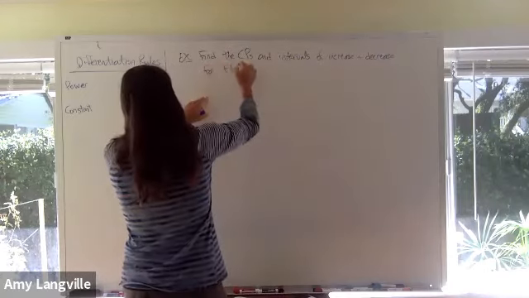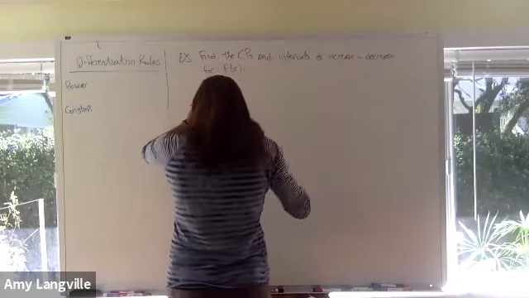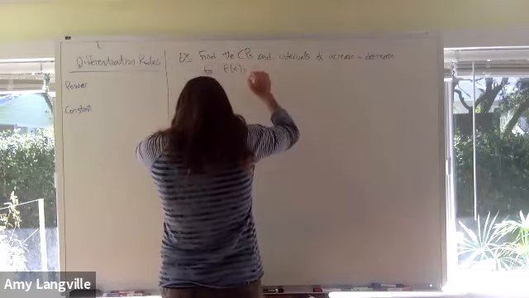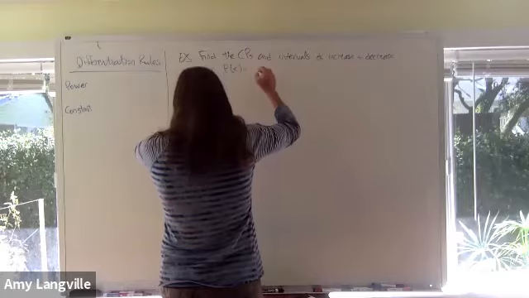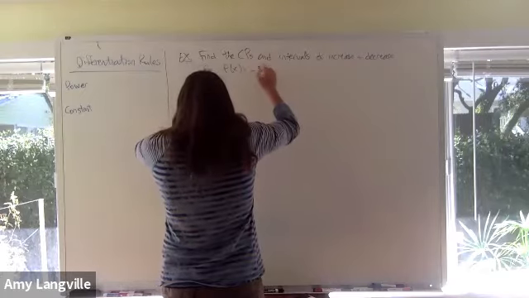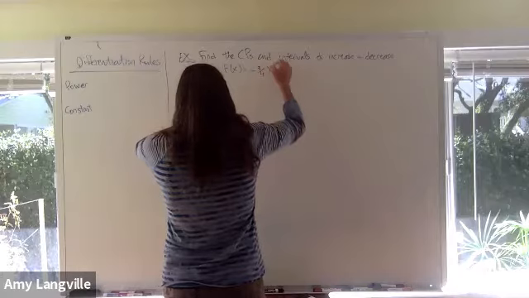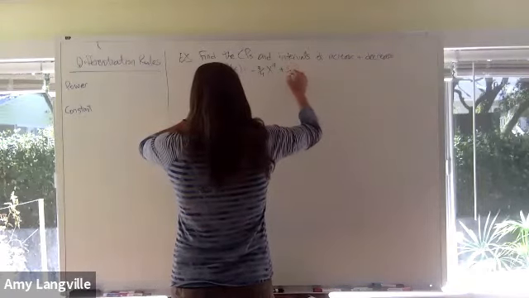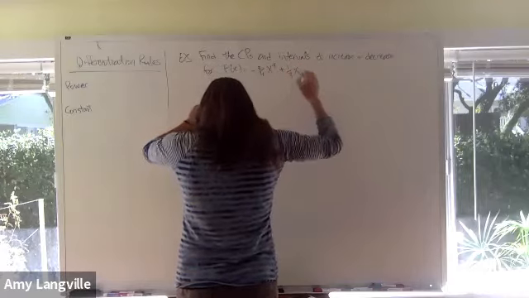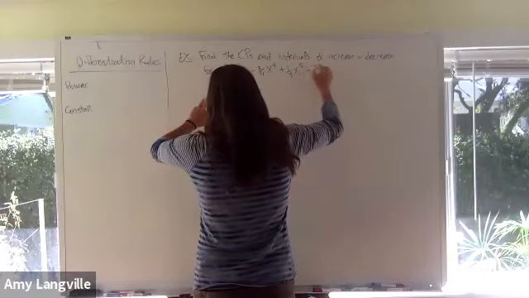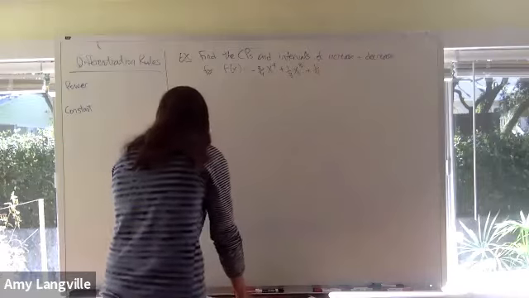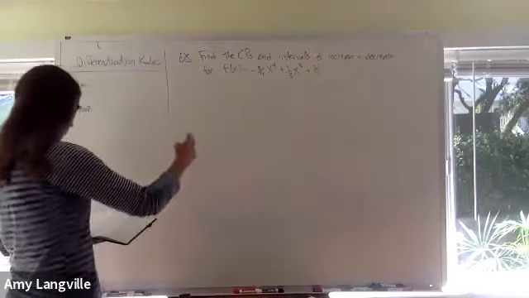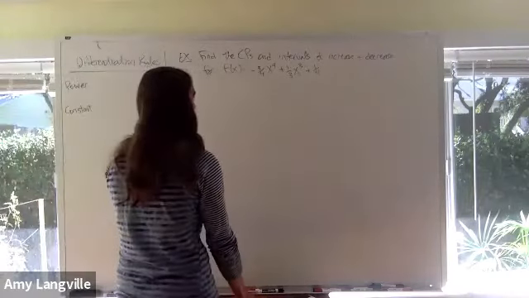And maybe we're going to work at this function here. So for this particular function, we want to find where are the critical points and where are the intervals of